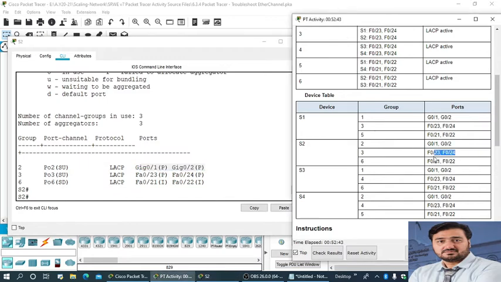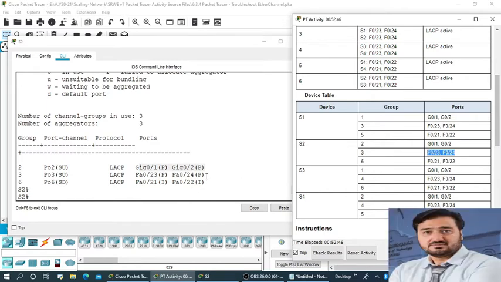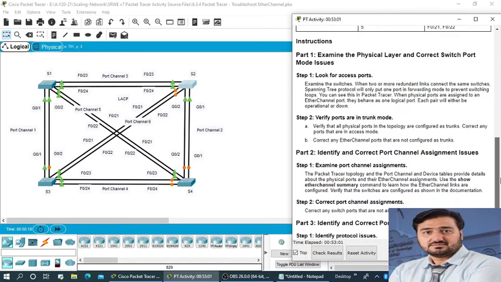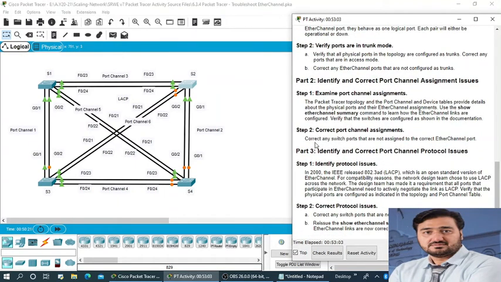So port channel 3, 23 and 24, it is correct. Now port channel 6 we have 21, 22, so here 21 and 22, it is correct. So that is fine.